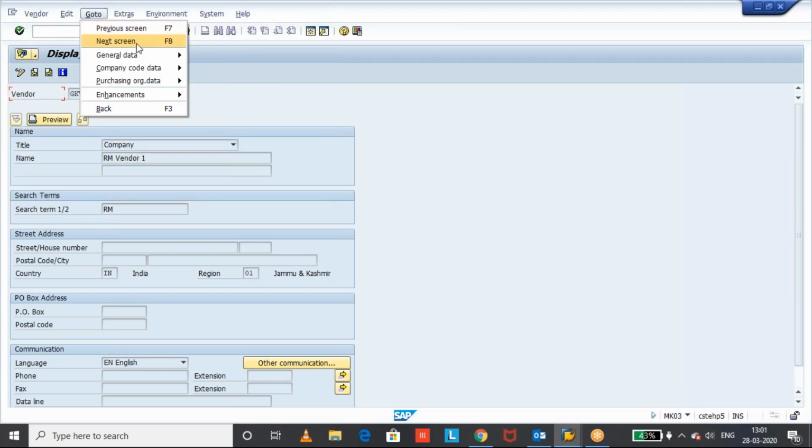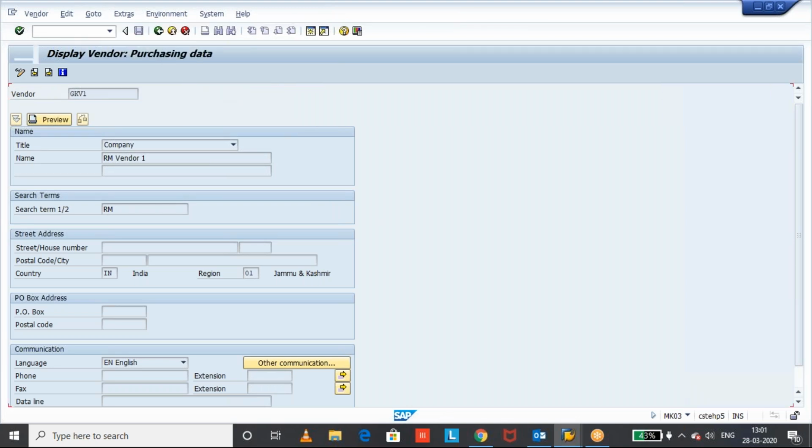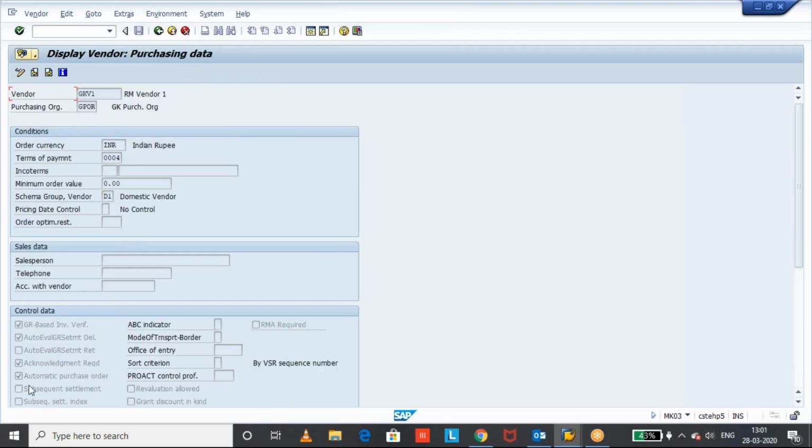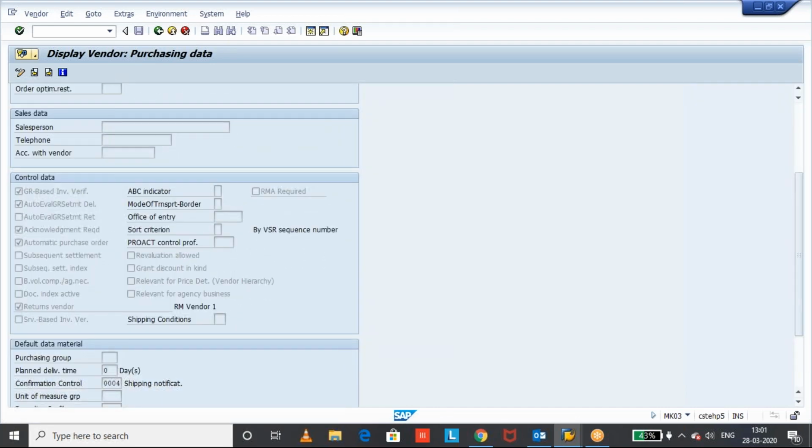Go to purchasing data. Okay, here we can see this flag. See, auto evaluation of GR settlement.